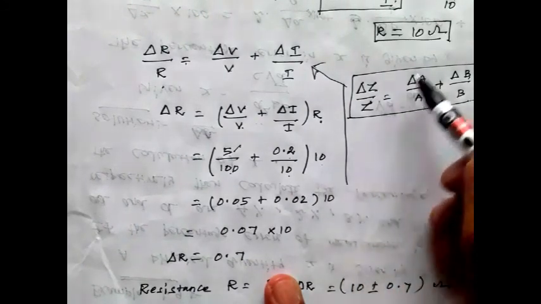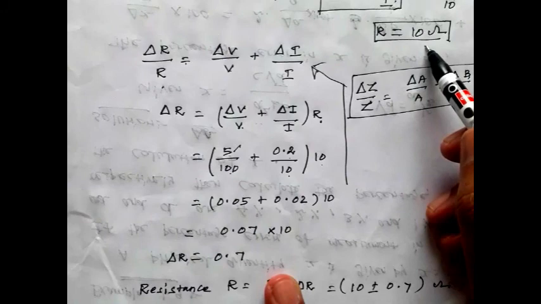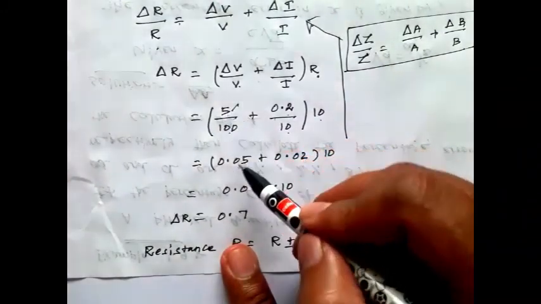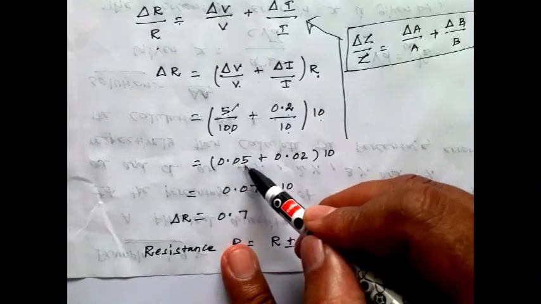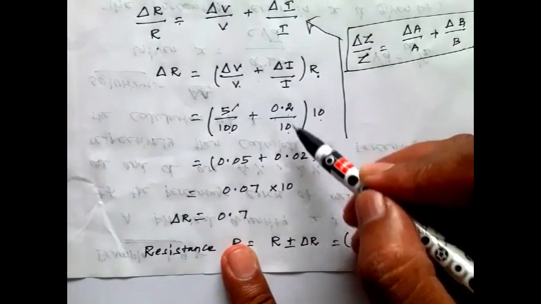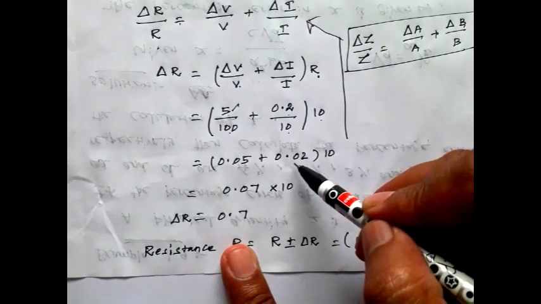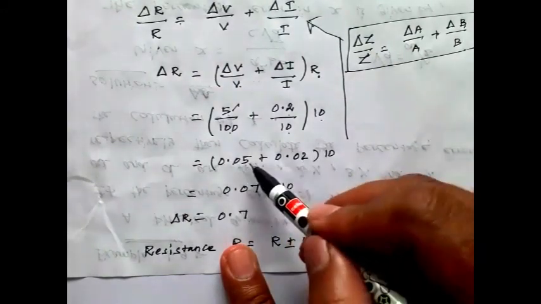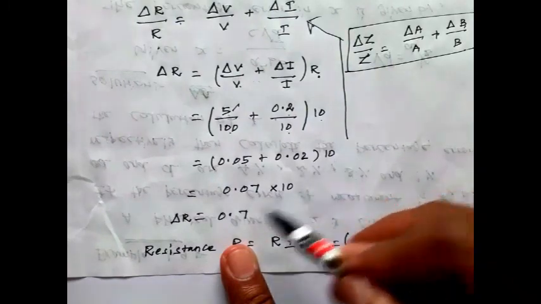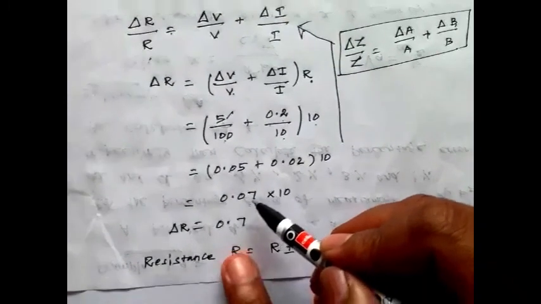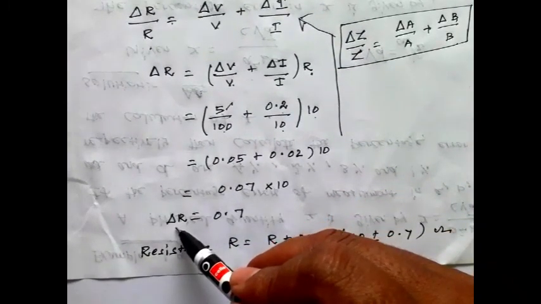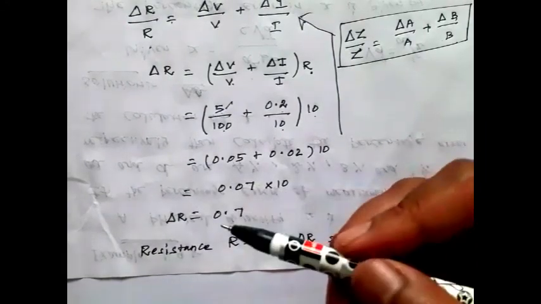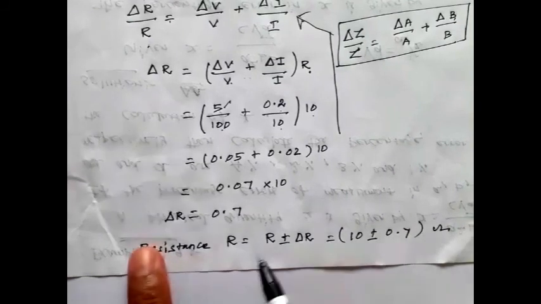That is 10, already calculated here. See the screen. Just divide 5 by 100, that is 0.05, plus 0.2 divided by 10, which is 0.02. Adding these two quantities we get 0.07, into 10, that is 0.7. This is del R, the absolute error for the resistance value. So here the answer is: